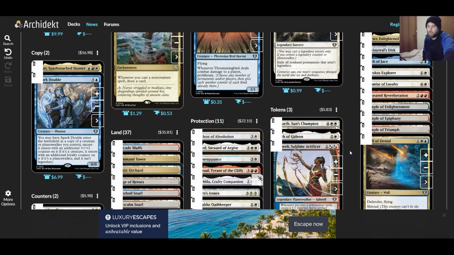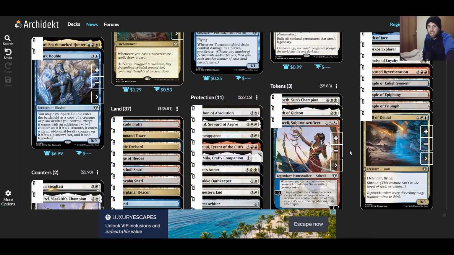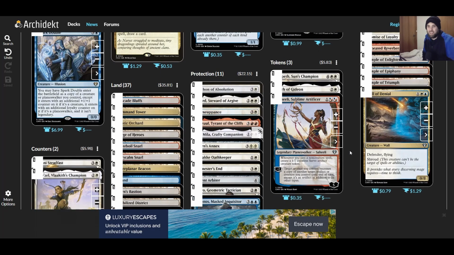I think it was just a couple of planes and that was it. War of Denial, Flying and Defender with Shroud just isn't going to cut it. We need more than this, so yeah. But that is it